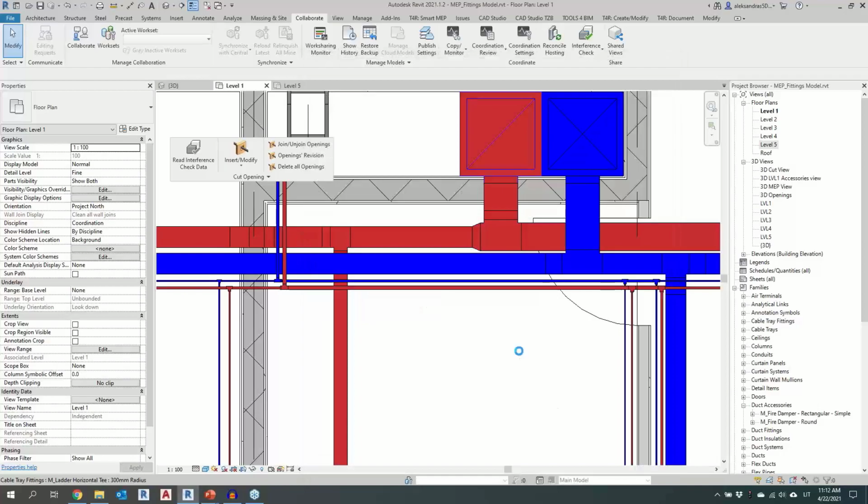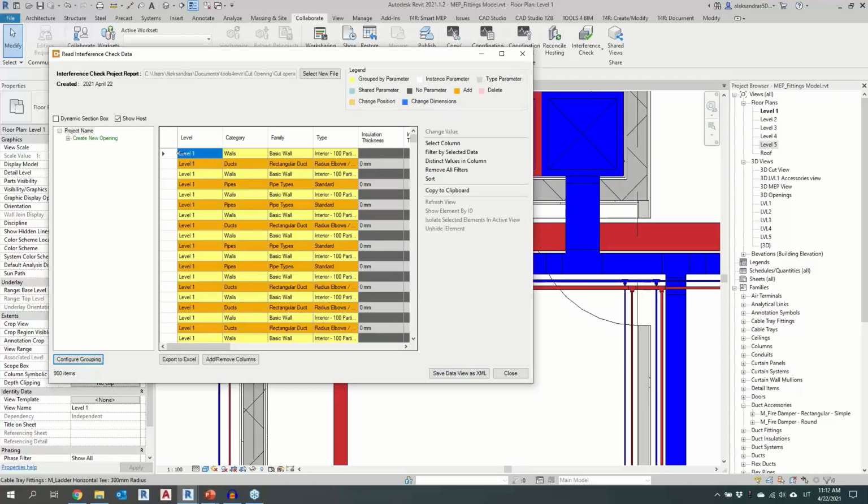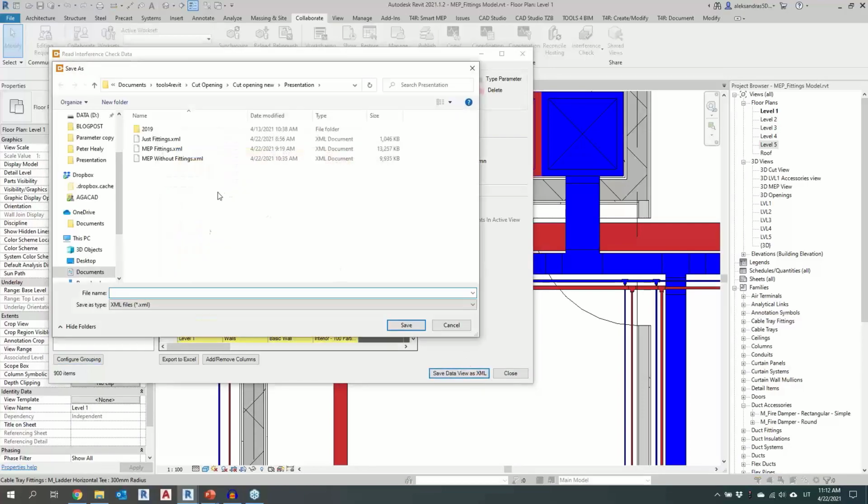Once we combine those, our tool will give a short table with a short representation of all the interferences. Here we can see the walls with the ducts and all those interferences. What is needed is to save it as XML. I will resave it as